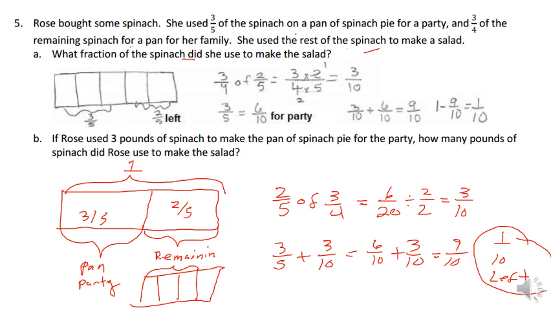Now B says if Rose uses 3 pounds of spinach to make a spinach pie for the party, how many pounds of spinach did Rose use to make the salad? Okay. So she used 1/10 of the spinach. So if I take 3 pounds times 1/10, which equals 3 times 1/10, which equals 3/10 of a pound. So she used